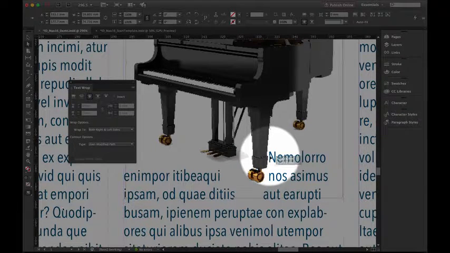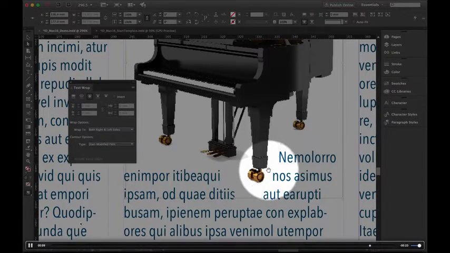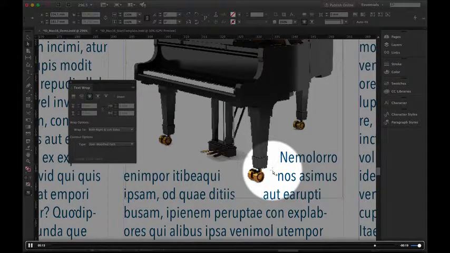Yeah, just let me get hold of it. So this is how we actually do text wrapping, and now what I'm going to show you, and I need